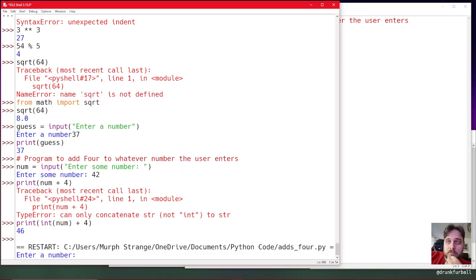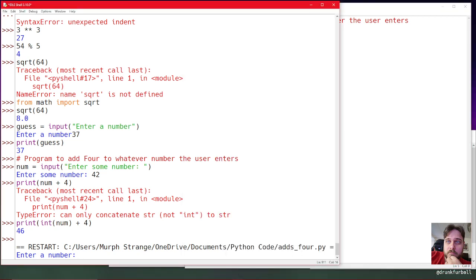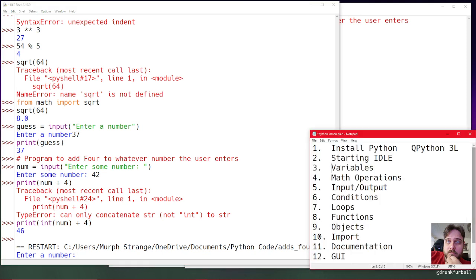module, and the action jumps back over here to our IDLE interactive shell. You'll see it restarts, and it gives you the location of the file we're trying to run, and then you'll see the prompt that you set up in your input function right there. The blinking cursor after it just means, hey, it's waiting for you to enter something. And you can type in whatever you like, and then, when you hit enter, it'll take that information, apply that num label